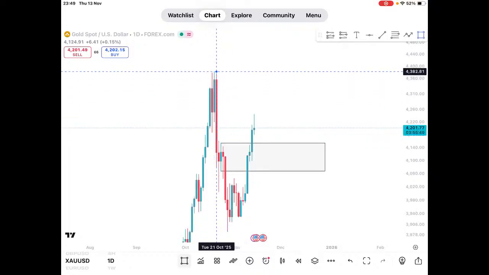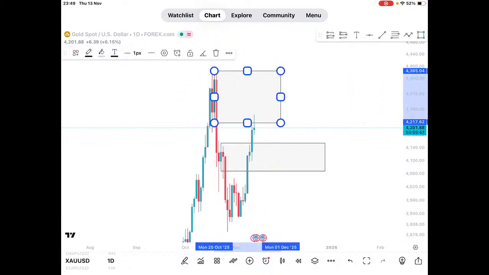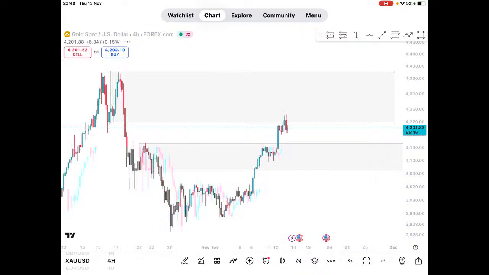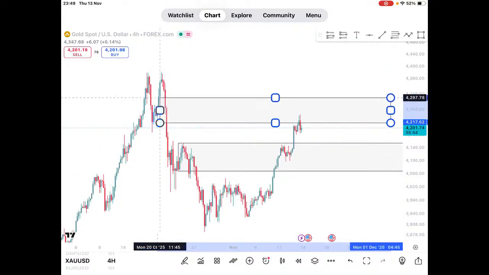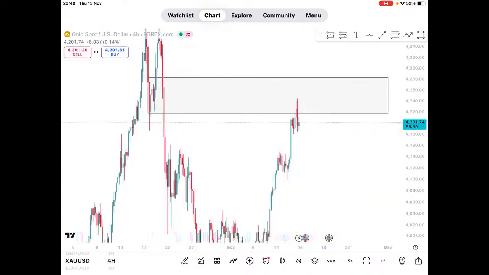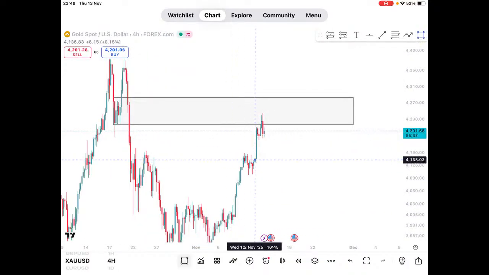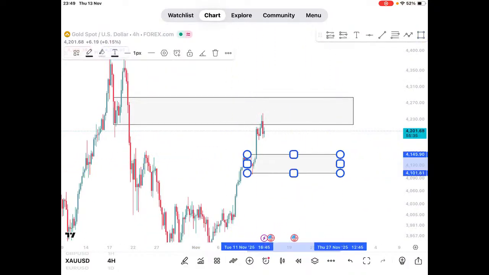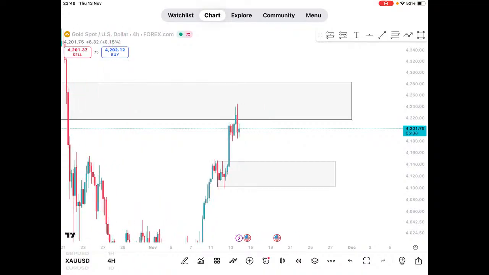And we are currently on the daily sell zone in the 4-hour resistance area. That is how you build a top-down analysis. So I'm expecting gold to drop up to here and then again rally, but anything can happen,